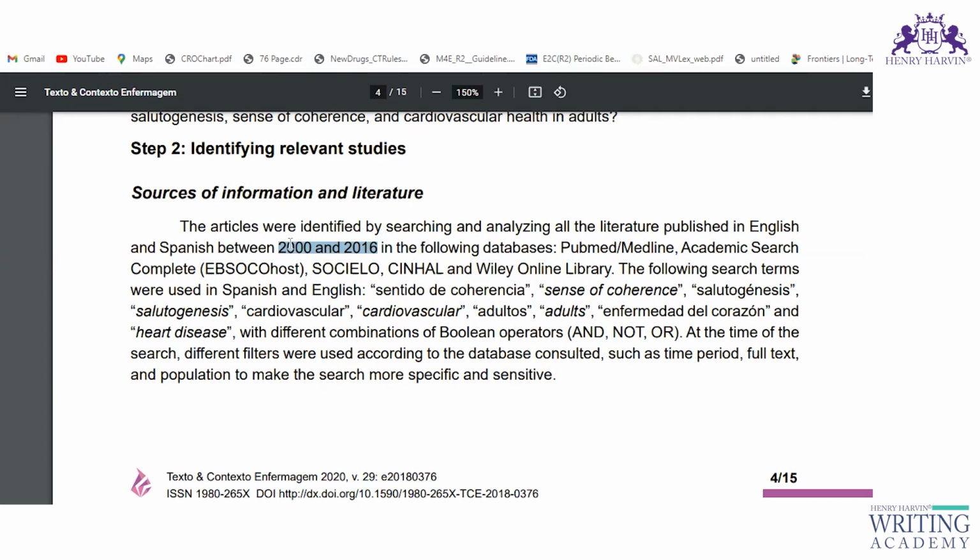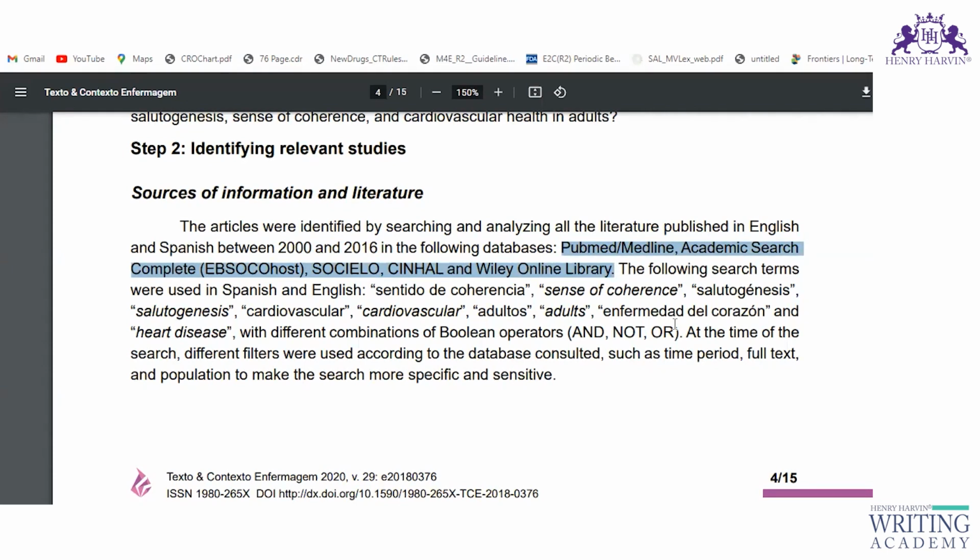Then those years also you have to write. The time written here, 2000 to 2016, defines that the author has searched the articles published on this topic between the years 2000 and 2016. Similarly, you also have to take a window of at least 10 to 15 years for searching your literature. Then you have to mention the names of all the databases which you have used